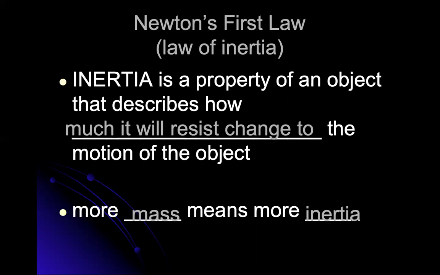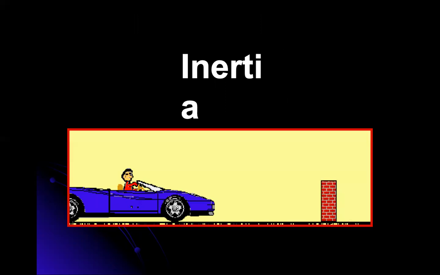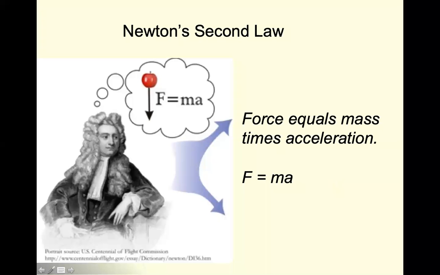So inertia, according to Bill Nye, is a property of matter, and it's the property of resisting a change in motion. So in this would-be animation that's not playing, the car's going to drive up and hit the wall. What do you think happens to the guy when he hits the wall? He has motion moving in this direction. Car hits the wall, car stops, the guy keeps going. That's inertia.